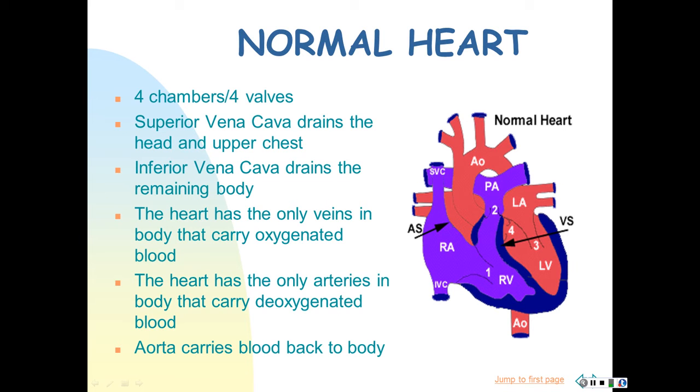The blood goes into the right atrium, through the tricuspid valve to the right ventricle, out the right ventricle through the pulmonary artery. These are the only arteries in the body that have blue blood. To the lungs, where it comes back then, oxygenated to the pulmonary veins. Keep in mind that these are the only veins in the body that have oxygenated blood. To the left atrium through the mitral valve, to the left ventricle through the aortic valve and out to the